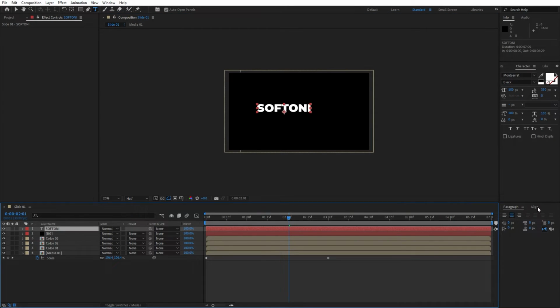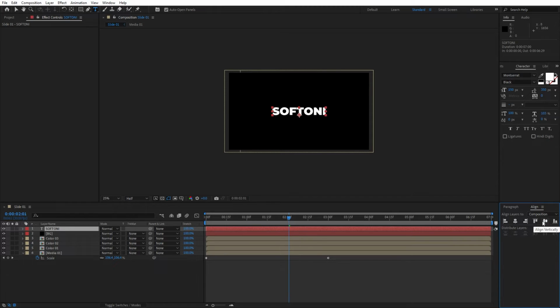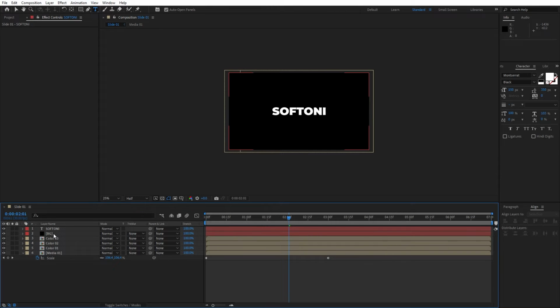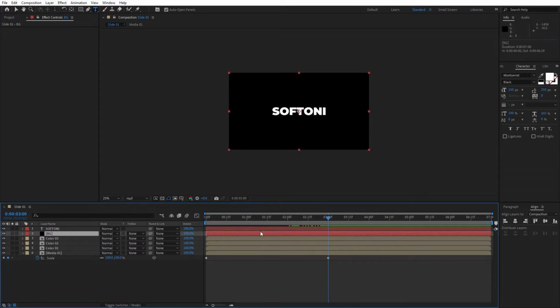Select it and then go to align and align it to the center. If you can't find align, just go to window and you will find align here. Okay, now let's select this background solid layer and then go to around 3 seconds or so, hit P for